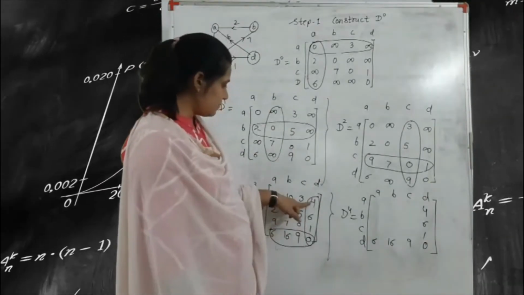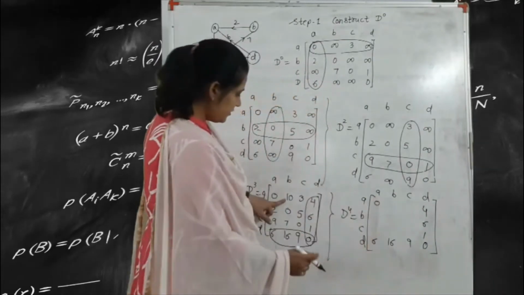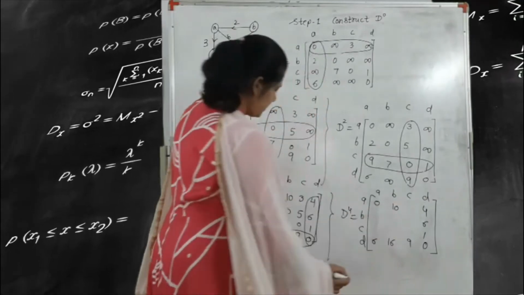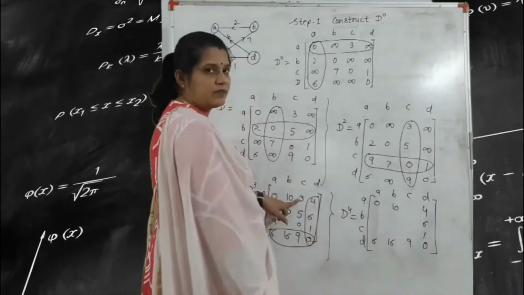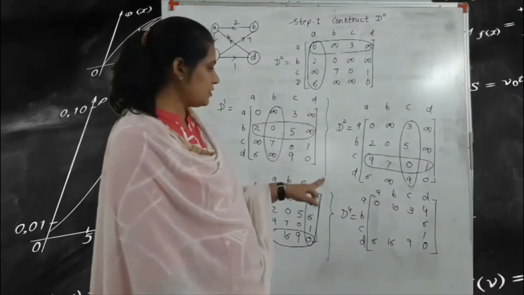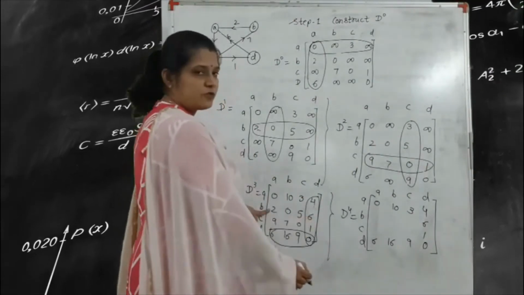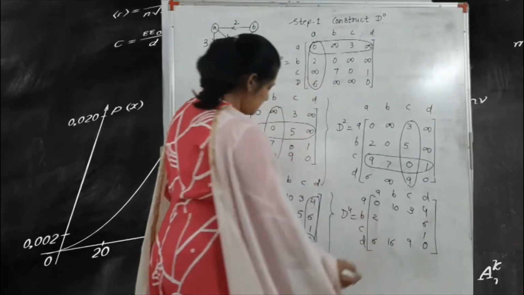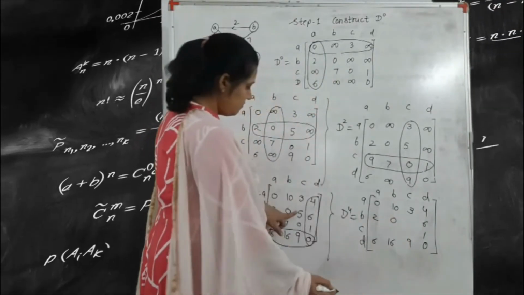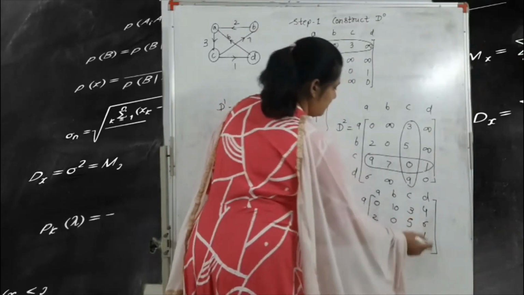So obviously 6 plus 4, 10. So 10 is greater, so we write here 0. According to this 10, 16 plus 4, 20. So obviously we write here 10. This 3, 9 plus 4, 13. So obviously we write here 3. That means our first row is as it is: 0, 10, 3, 4. For finding the second row, 6 plus 6, 12. So obviously we write here 2 as it is. 0. 16 plus 6, 22. So we write here 0. 5. 9 plus 6, 15. So obviously we write here 5.